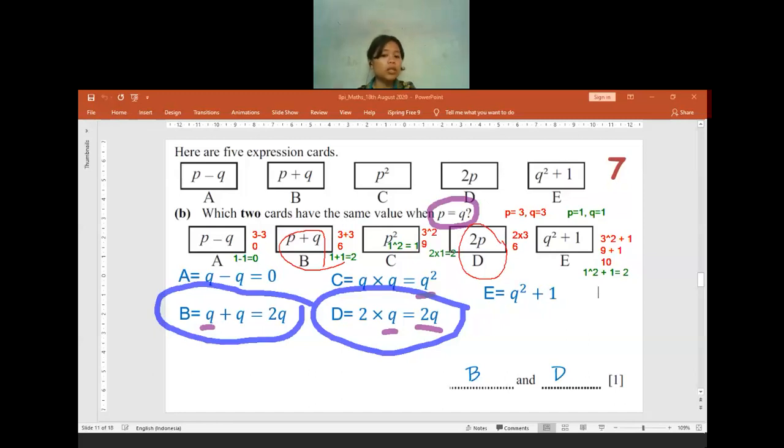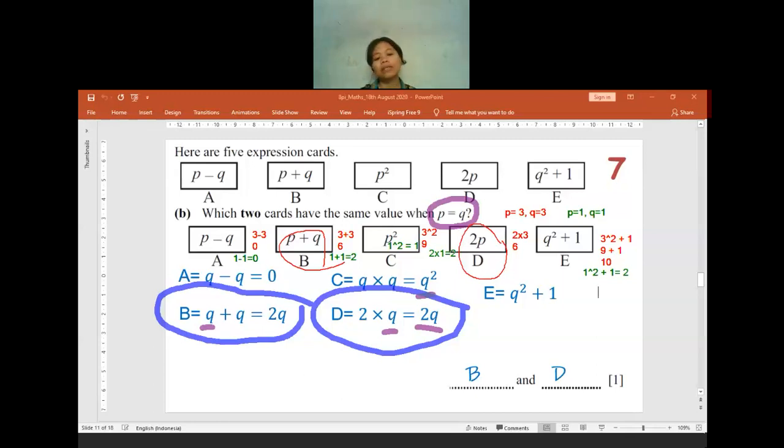Yeah, it's given. P is equals to Q is given from the question. So it means P is equals to Q. If you are still confused, you can change it into a number. Or if you don't want to change it into a number, you can replace the letter P with Q. Why? Because P is equals to Q, so I can replace P with Q. Or you can use a different way: you can replace Q with P. That is the meaning of P equals to Q. You pick which one you want to use and use it for all of the 5 cards given.